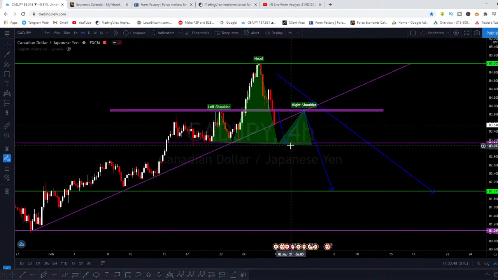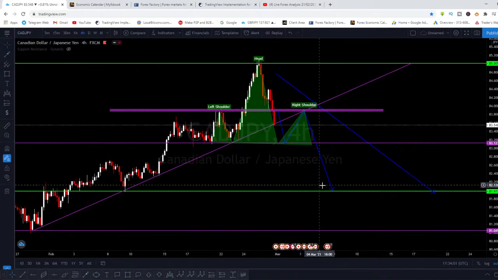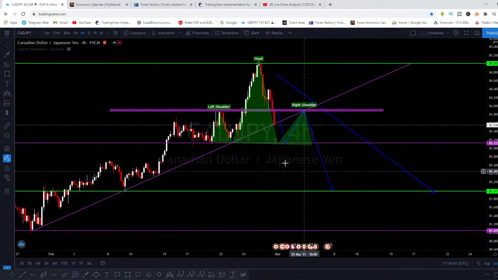To this point, after which it will bounce back off of it to go up for what we refer to as a swing, a corrective move or corrective pattern, right, to the upside. Then it will not go back down to the downside. So this is what I'm saying on JPY.